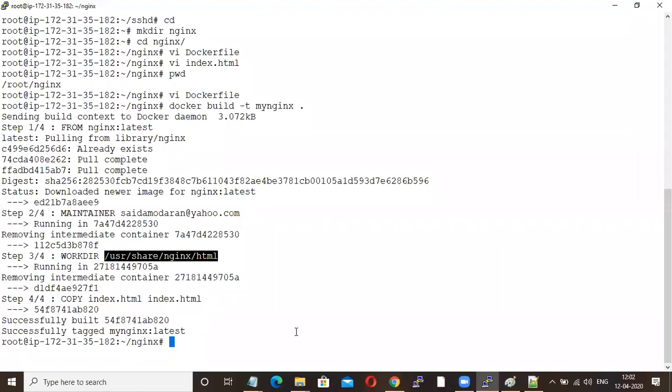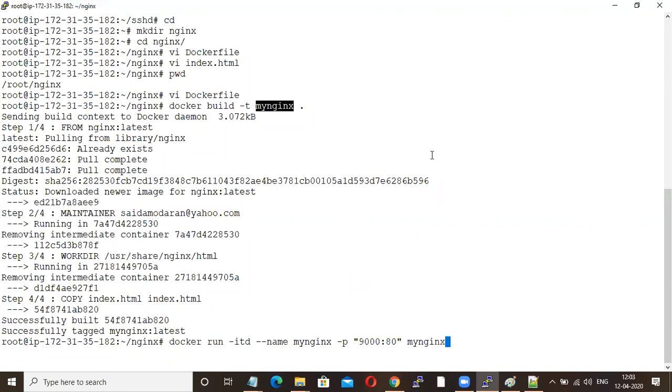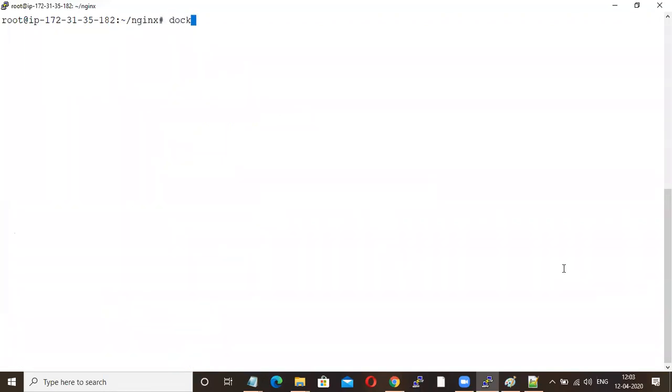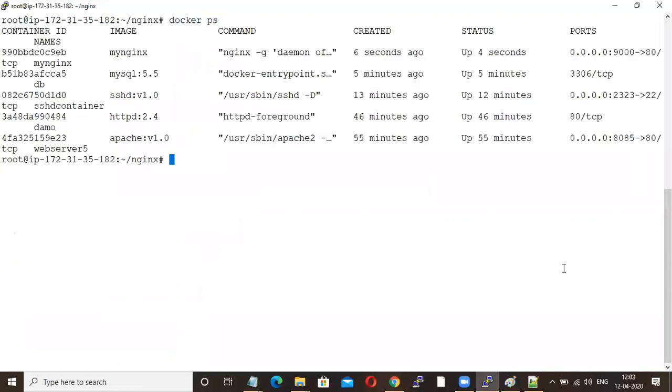Now docker run -itd --name my nginx -p 9000:80 and your image name. Now if you give docker ps, your container is launched.